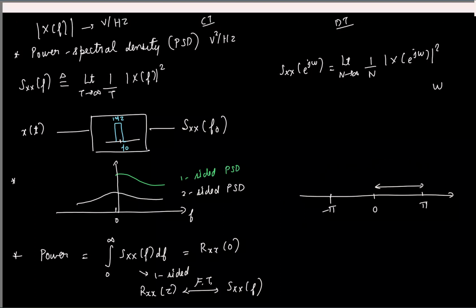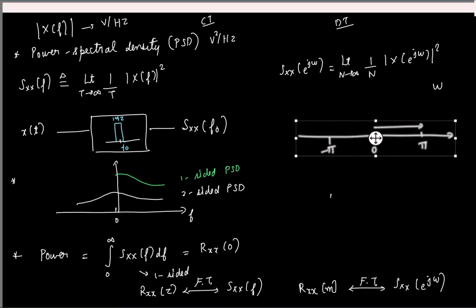And again, this property holds good if I take the autocorrelation function and take the Fourier transform, I get the discrete time power spectral density. Okay, and of course, if I know the,